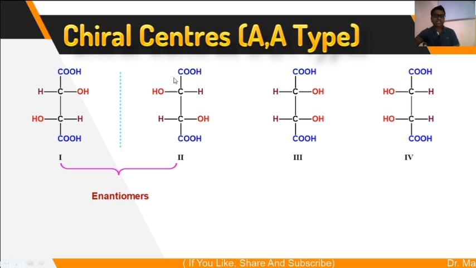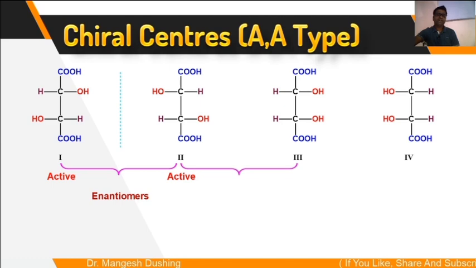Secondly, if you try to rotate this compound by 180 degrees, this COOH comes up, this COOH comes down, so it matches. But if this OH rotates 180 degrees, it comes over here, where there is H. So even after rotation by 180 degrees these compounds are not superimposable. These non-superimposable mirror image compounds are called enantiomers. Enantiomers are optically active compounds. They rotate the plane of plane polarized light. One will rotate the plane polarized light towards the left hand side, while the second rotates it towards the right hand side.